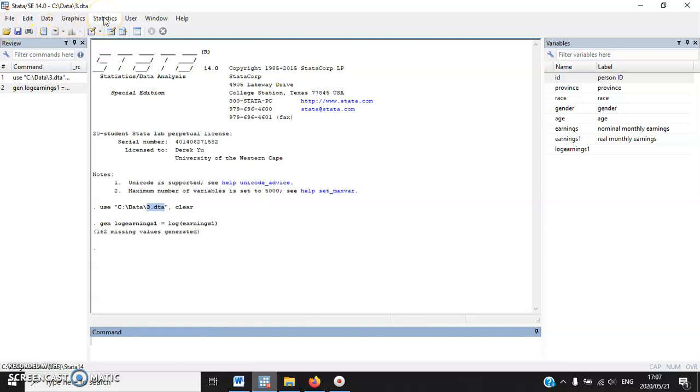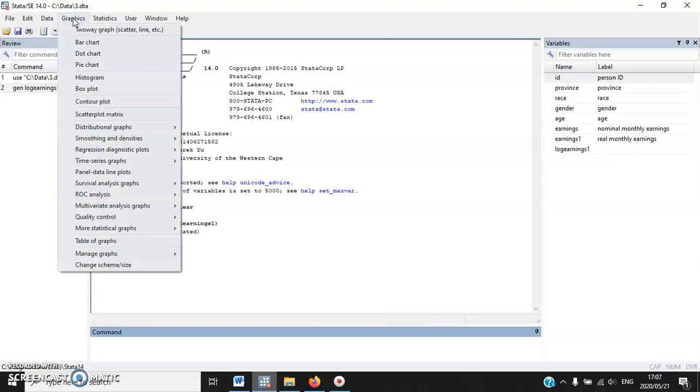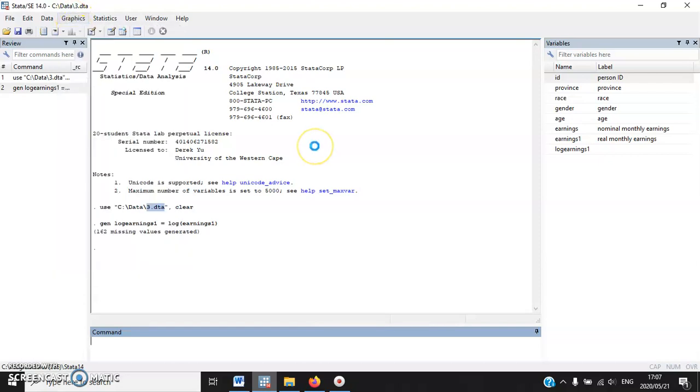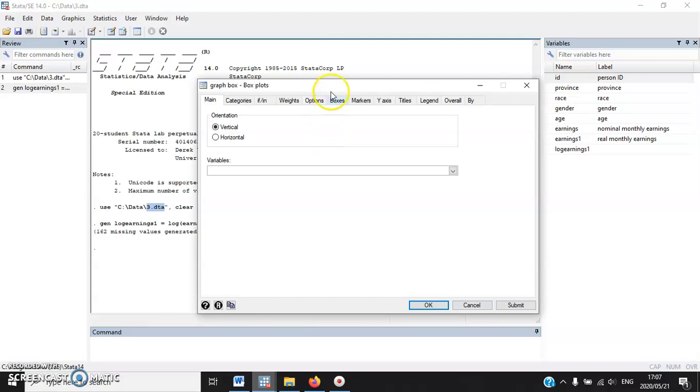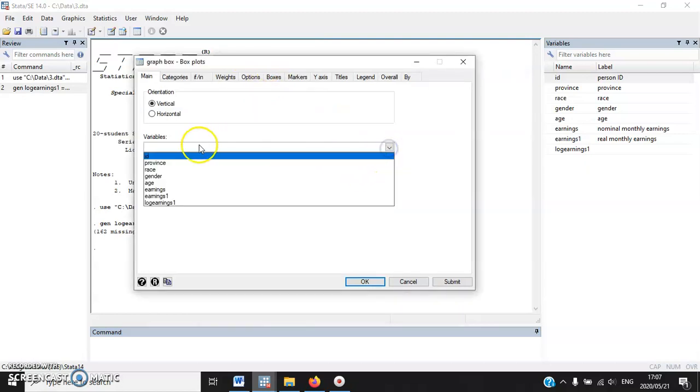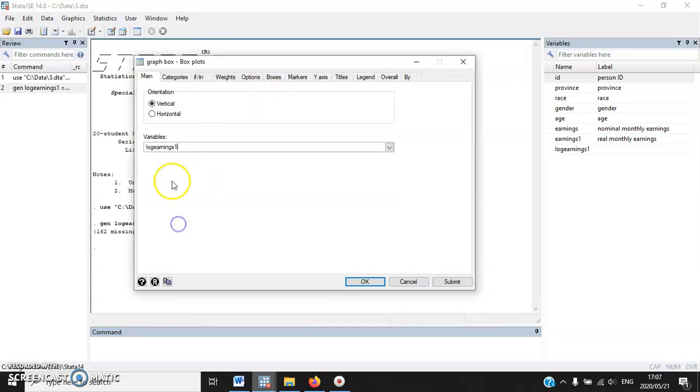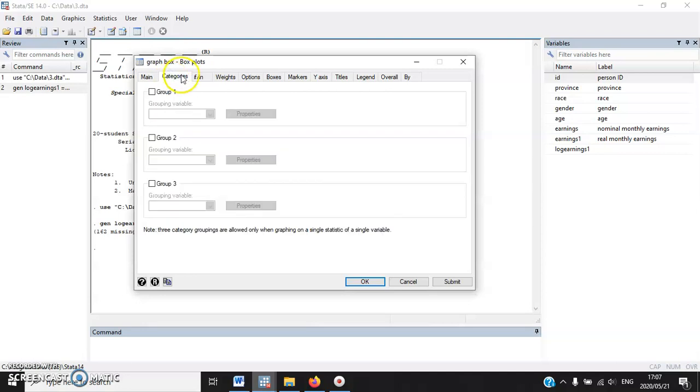So it's no longer statistical analysis, but rather graphical analysis. So let's click graphics, box plot. I don't think you can do it with Excel. Which variable? Log earnings 1. Categories, it means over actually, over race. Okay,